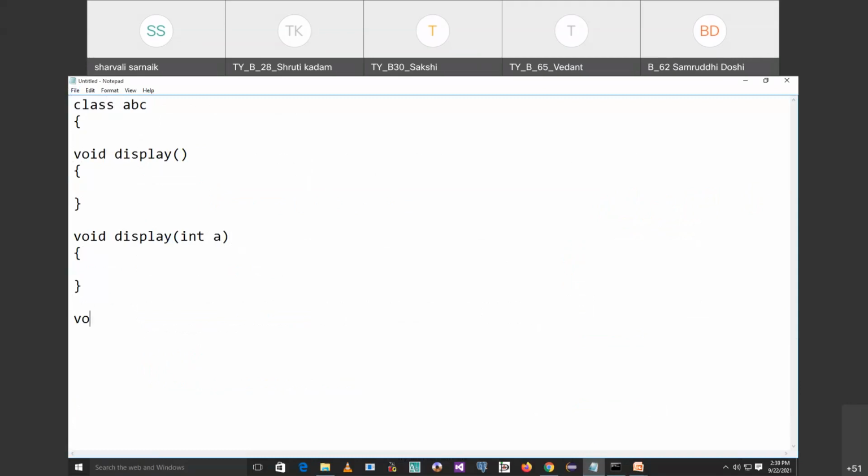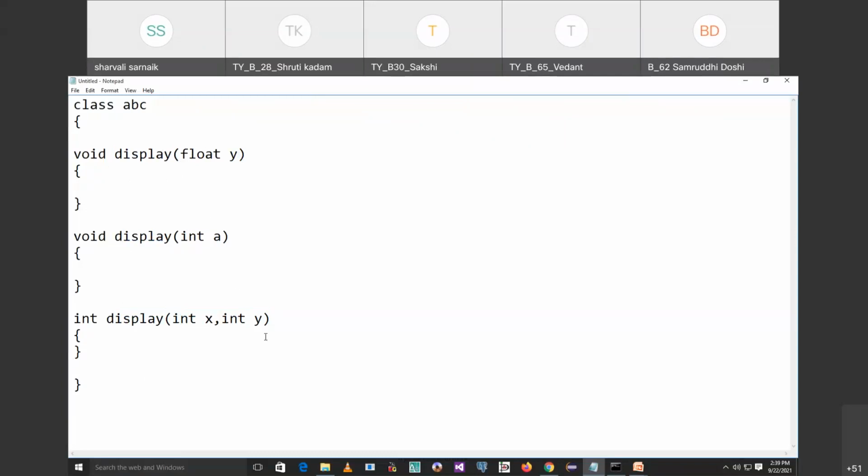And again, there is another display function. So if this is the case, in a single program, we have multiple functions with the same name, but different arguments. See, the argument is different. Here int a, here int x and int y.